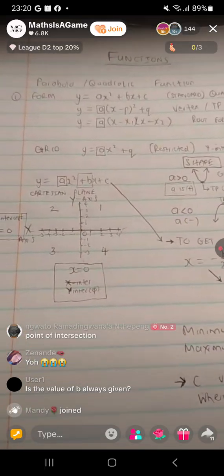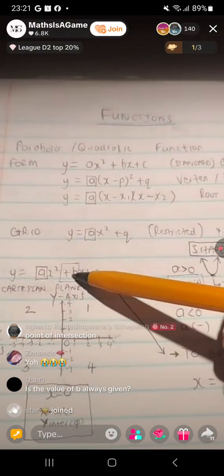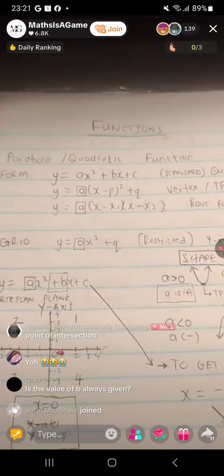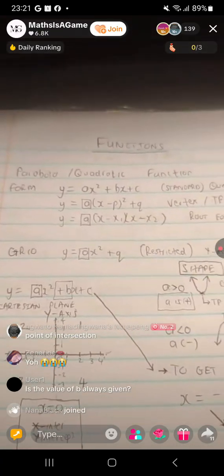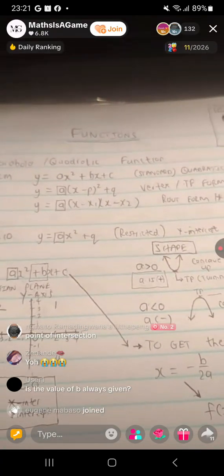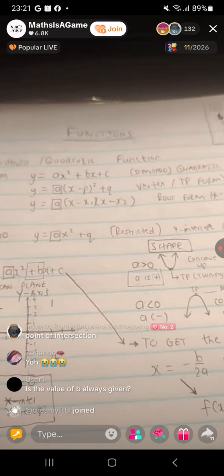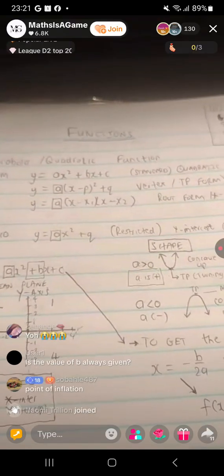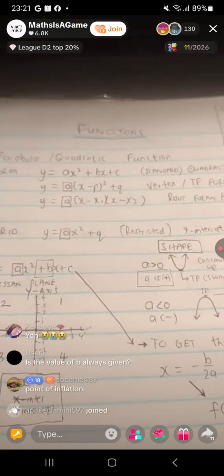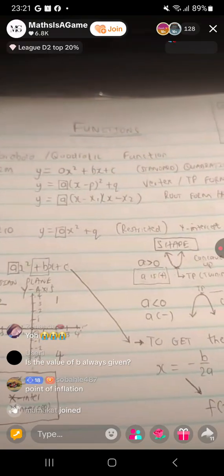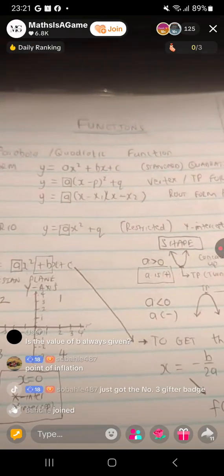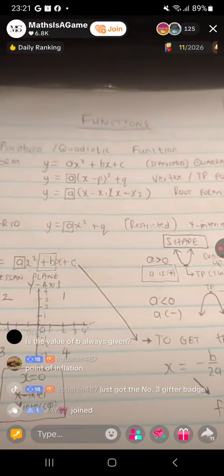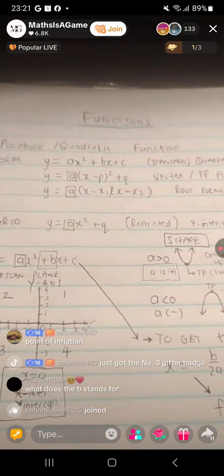User 1 asks, is the value of b always given? Now, the value of b is not always given. Basha, you're getting ahead of yourself there. If what I'm seeing in the comment section is the point of inflection, remember this is still a parabola that we're talking about. So yeah,